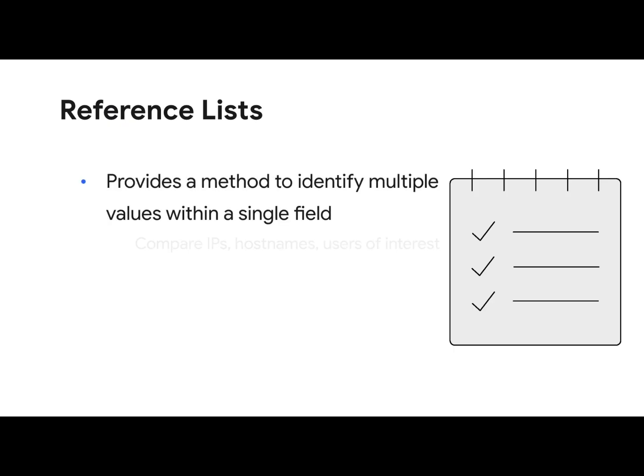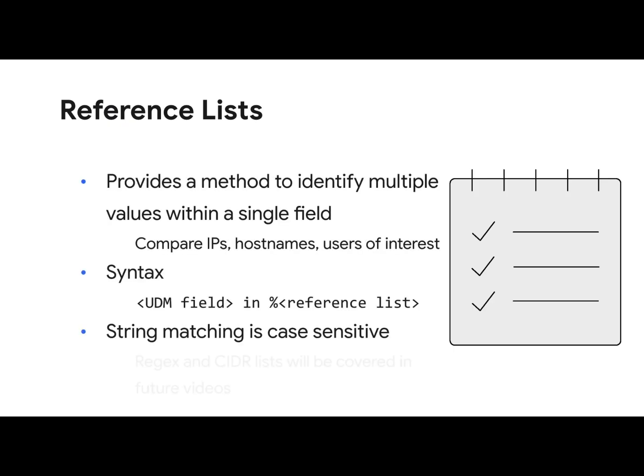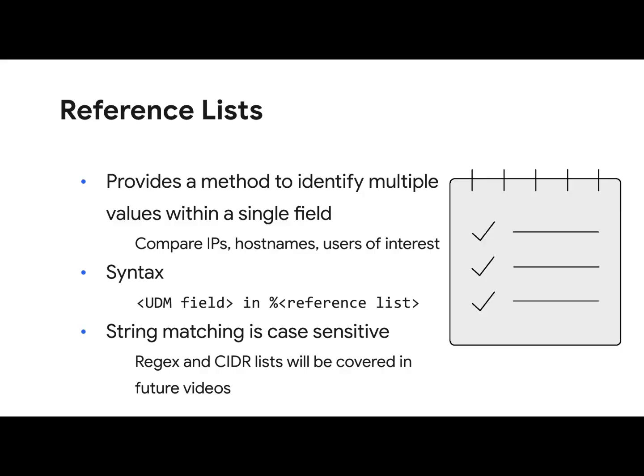Reference lists provide an easy way to identify multiple values within a single field for a rule without having to build an OR statement. For example, if there were 5 IP addresses we wanted to find, writing field equals value 1 or field equals value 2 and so on would get pretty tedious. Instead, we can build a reference list, add the values of interest, and simply use the syntax of field in %